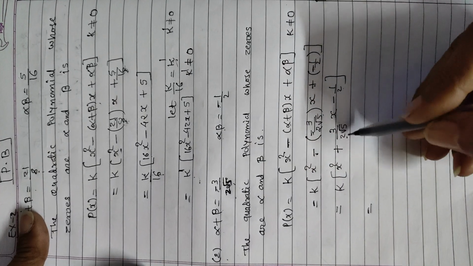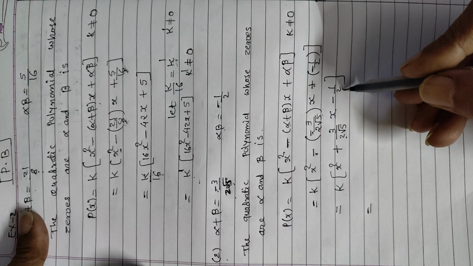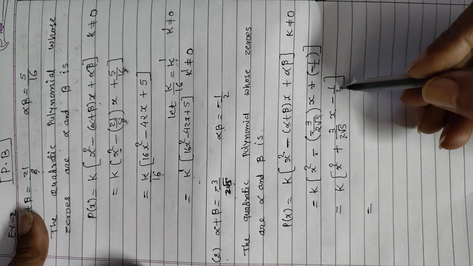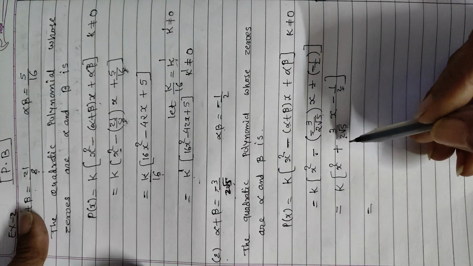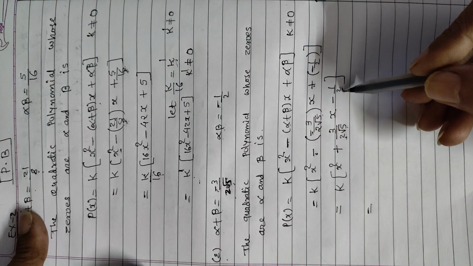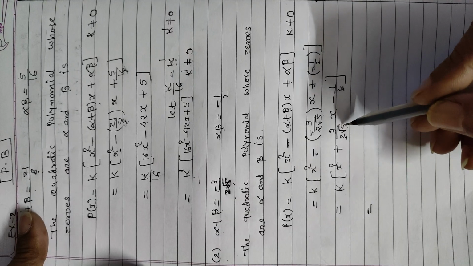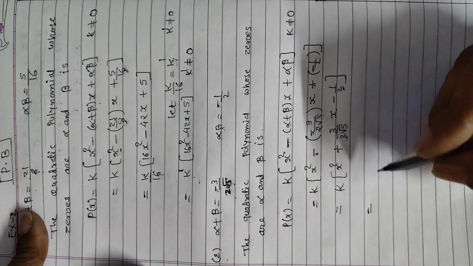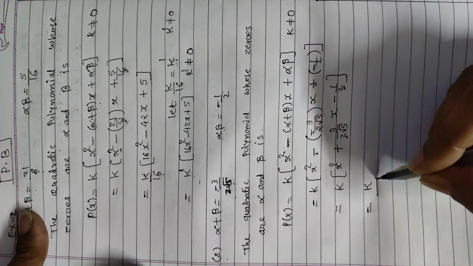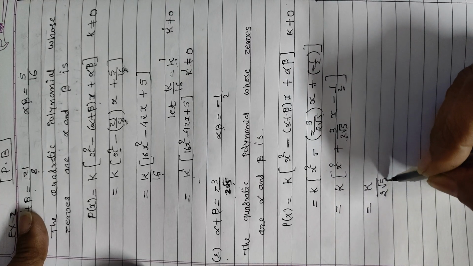Now again a fraction is given, the denominator is given, that means we have to take the LCM. Here 2 is common, but root 5 is also given, so 2 will be written one time and root 5 is also written one time. That means 2 root 5 is the LCM. 2 root 5 is your LCM. So the LCM will be written in the denominator of k.